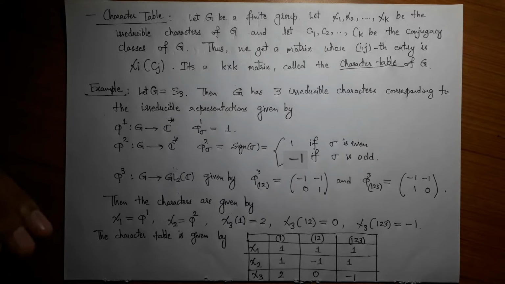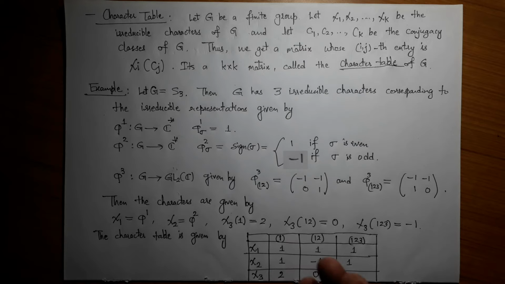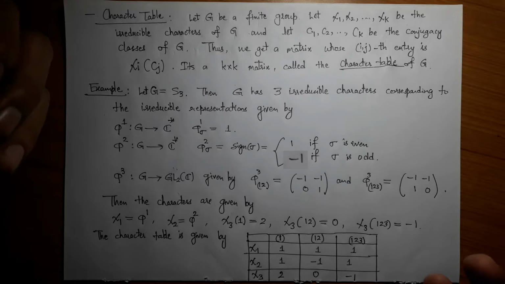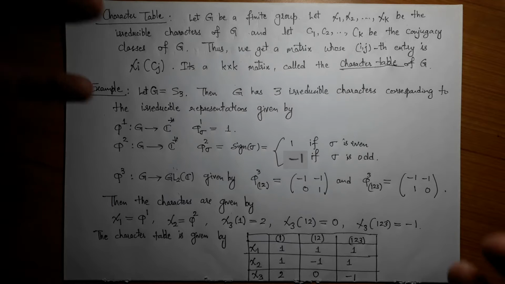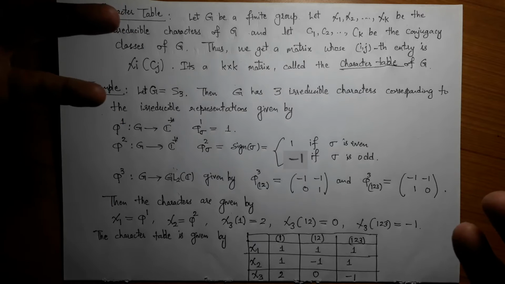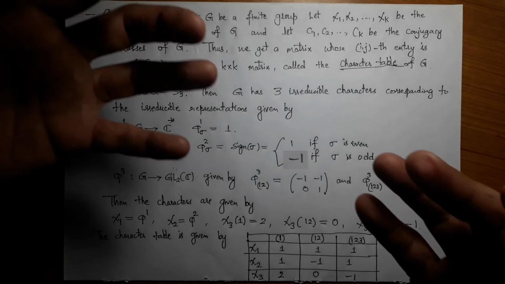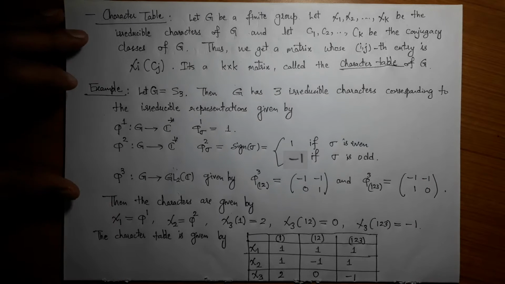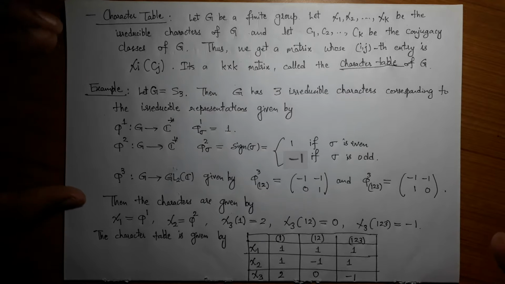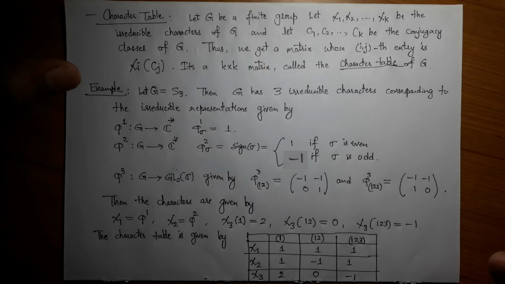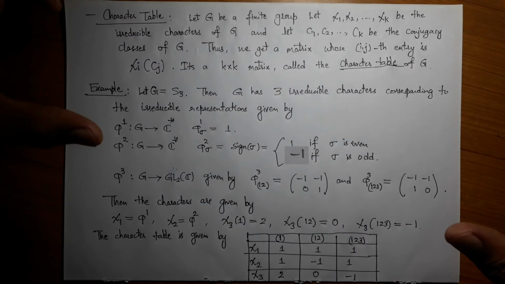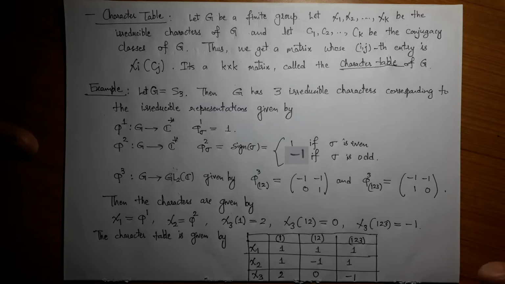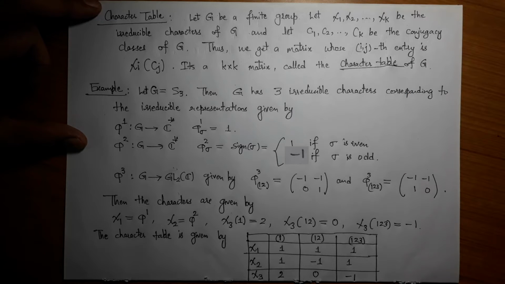Since the conjugacy classes and the irreducible representations are invariants of a group, isomorphic groups will have the same number of conjugacy classes, the same conjugacy structure, and also the same number of inequivalent representations. Therefore this character table is also an invariant of the group. So if you are given 2 finite groups and their character tables, and the matrices are distinct, then you can say that the groups cannot be isomorphic.